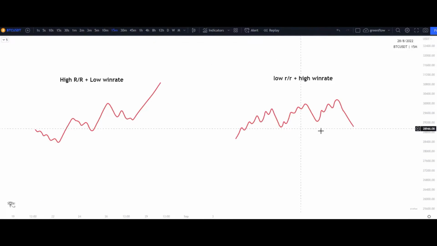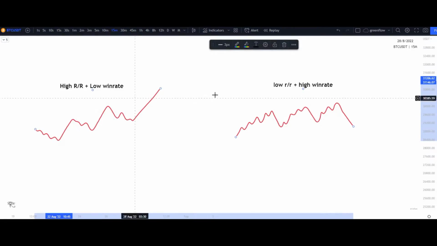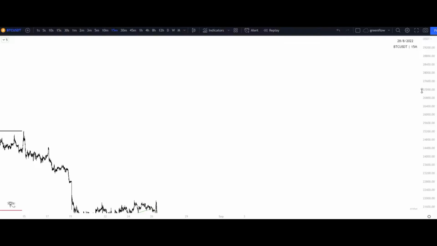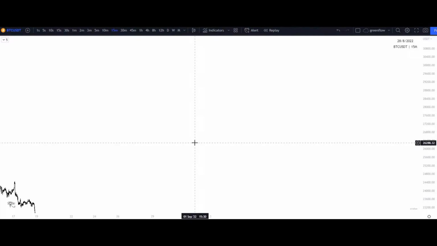If you are looking for low R&R and high win rate, that's completely fine as well. But understanding what this is, is very, very important to how institutions trade and how we get into it. So with that being said, understanding why we are actually trading this way, why we are actually utilizing patience, why we are actually waiting up until everything is confirmed, because now I have that ability,